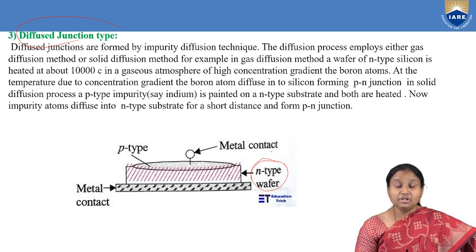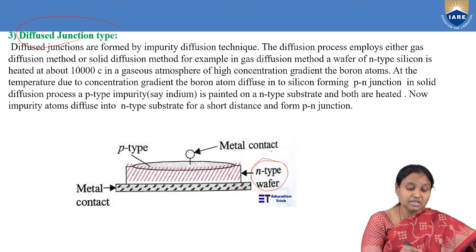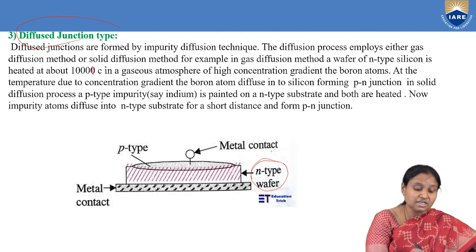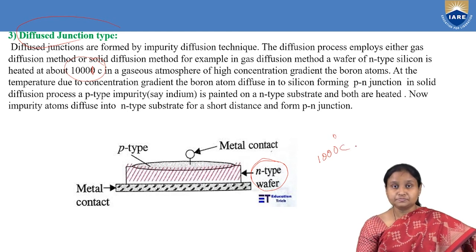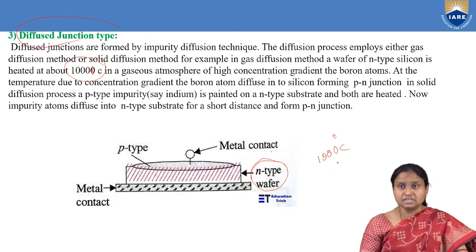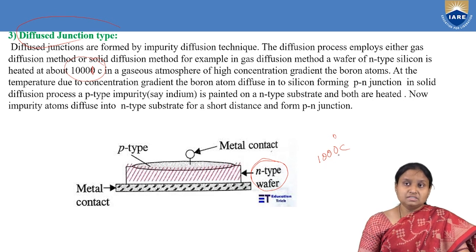So which will maintain very hot atmosphere. So we have kept this N-type wafer in a furnace, and that furnace is maintained at how much temperature? It is maintained at 1000 degrees Celsius. What you will observe here is, once we go for this 1000 degrees Celsius and where we have kept